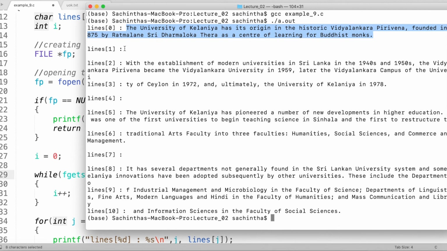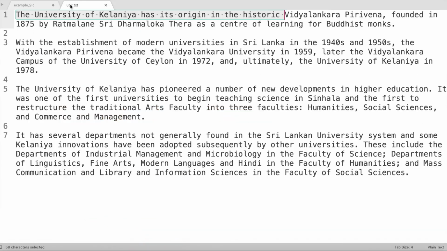Then why does this one have only a new line character? Because if you look at the UOK text, the first element of my 2-dimension array contains the first line, including the new line character, right? Now it has processed the new line character, so my reading cursor will be here. When the reading cursor is here, you can see this is a new line character, right?